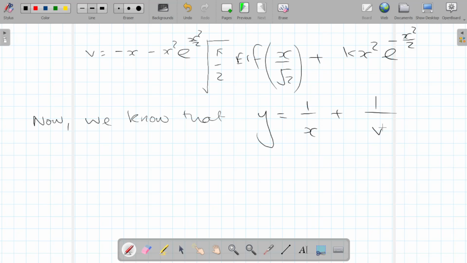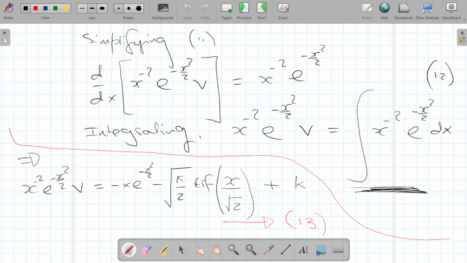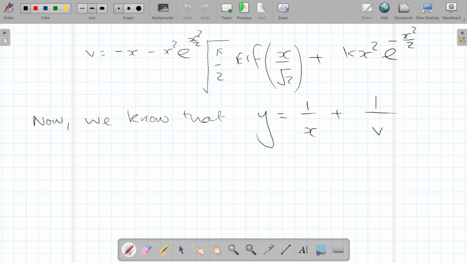So we know from, so that's equation 13, this is equation 14, and since we know that the general solution y is equal to 1 over x plus 1 over v, where v is equal to, let's outline it in red, where v is equal to all of this, then